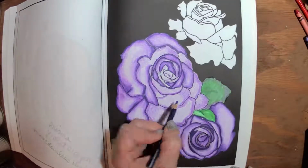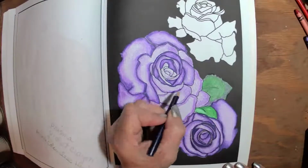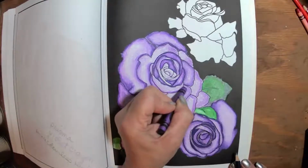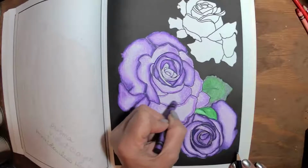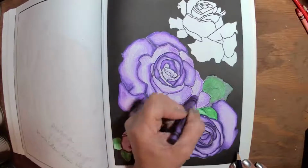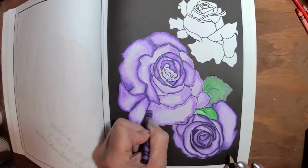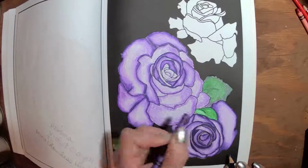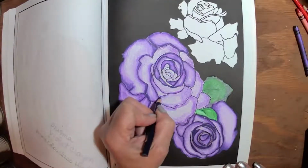So let's go do this petal. And I've had a little extra. You'll see this. Let's do it. A little more crayon, leaving a little bit of very, very light crayon in that center area of the petal. I'm going to go along here too and put another layer of crayon, layers of everything. And then I'm going to get that dark purple Diazine